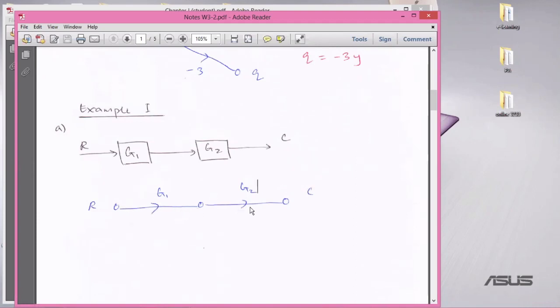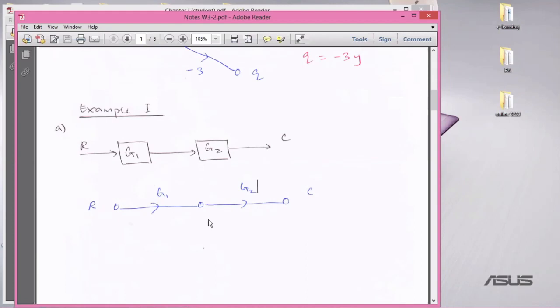You have an arrow there, showing the flow direction of the signal. So now you have the variable R and the variable C, and another variable in between. In this case, we have no name for that variable, and the forward path transfer functions are just G1